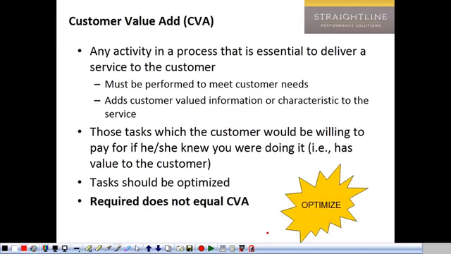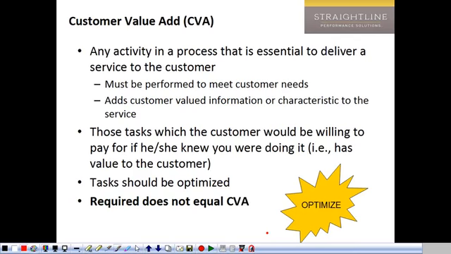All right, so let's just look at the few. The customer value add, there's some rules on here. Here's what I like to think. I was taught that if the customer would pay for it, then it's value add. But I don't think that that's helpful enough because the customers really don't pay for, it's pretty hard to say that they would pay for any of our internal processing. So I like to talk about it a little bit differently, and that is if it transforms the product or service in a fundamental way that's necessary in order to bring that product or service to market,